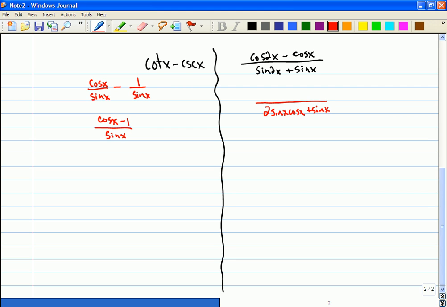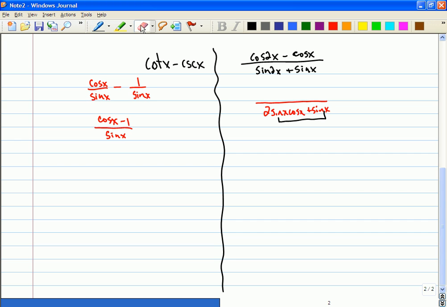If I look at this, I can see that there's a sine x on both pieces. And this comes from experience. It'll happen for you too. But sine x on both means I'm going to be able to factor it out. If factoring is what I'm looking for, that's going to be my strategy here: what can I do to